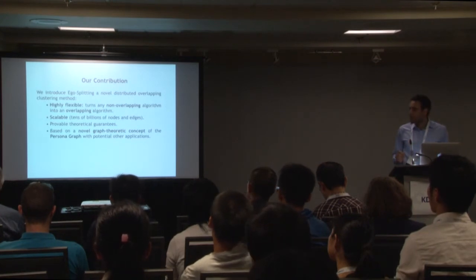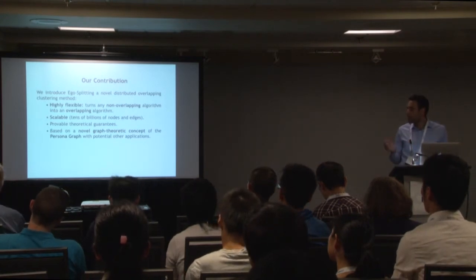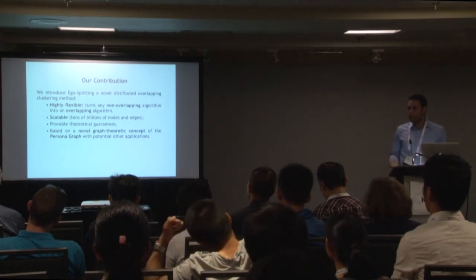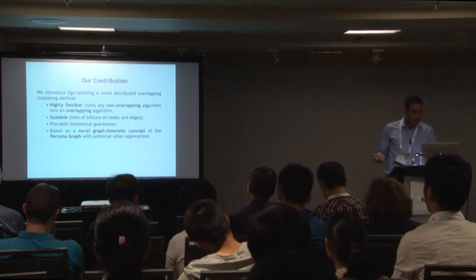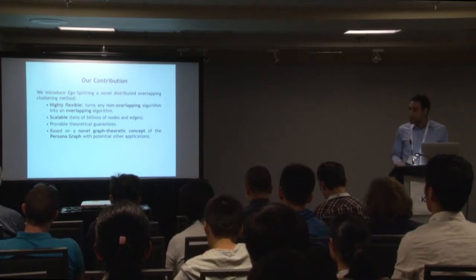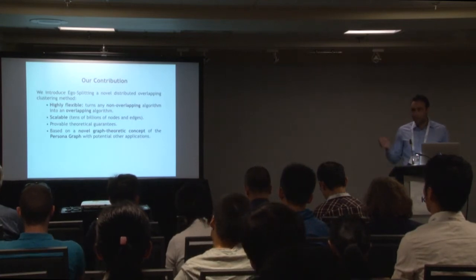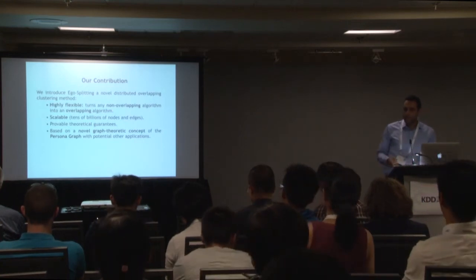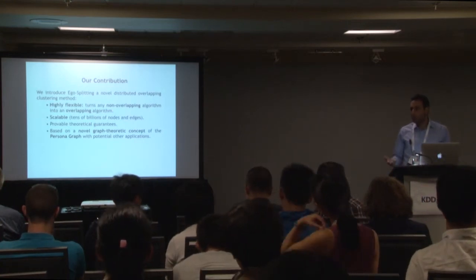Contrary to many of the previous works, this is extremely scalable. It can run on graphs that have tens of billions of edges and nodes, and this, of course, is done through parallelization and distribution of the work. It also has provable theoretical guarantees. We will see that in a specific probabilistic model of graphs with ground truth communities, we can provably reconstruct